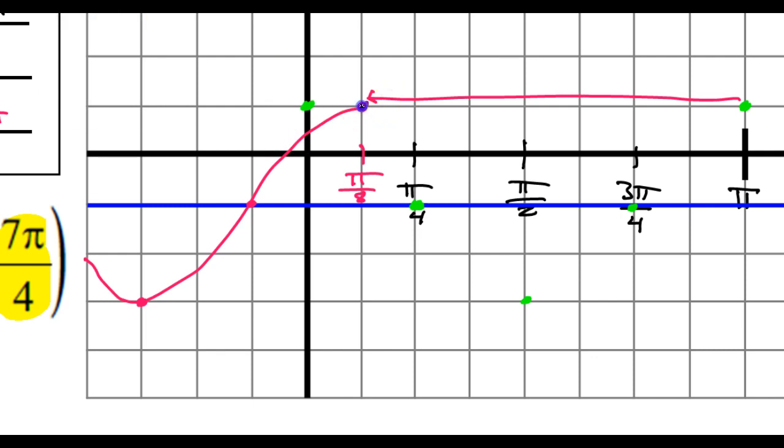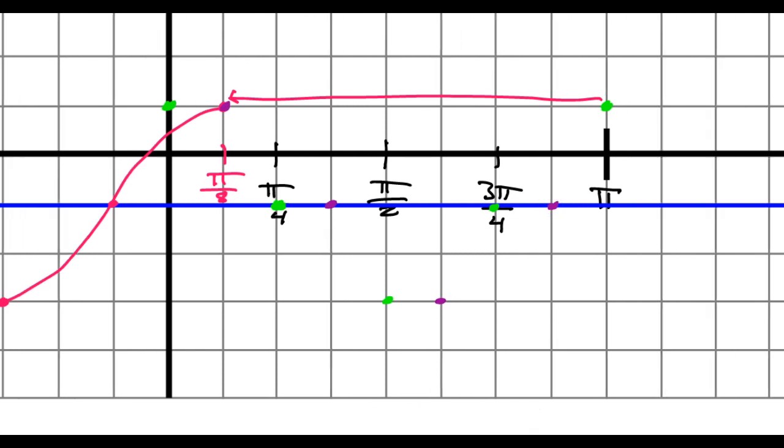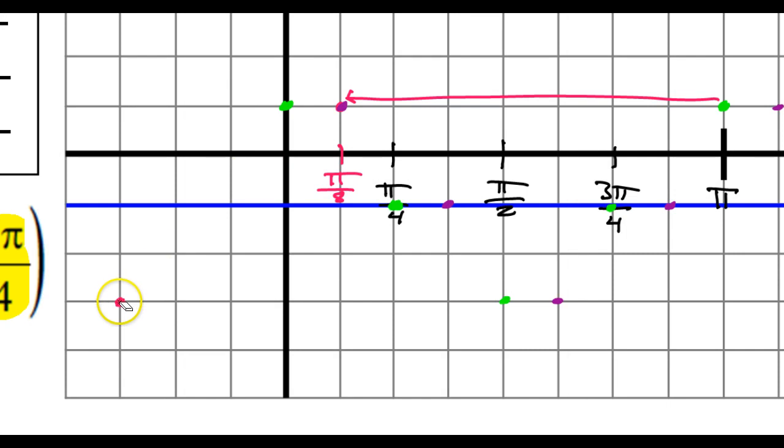So I'm going to pick up where I left off and just continue the cosine pattern from this end. So from here, it would go back down to the midline again, and below the midline, and then back to the midline, and then back above the midline again. So instead of graphing that one that I started to graph over there, I graphed this purple